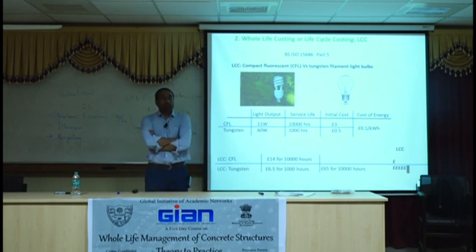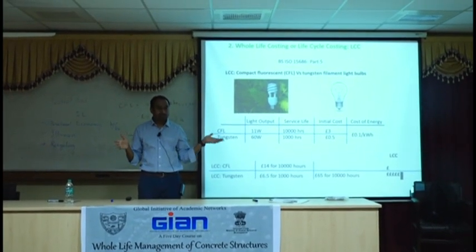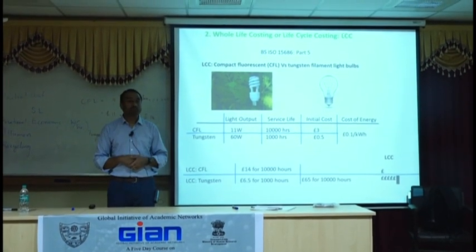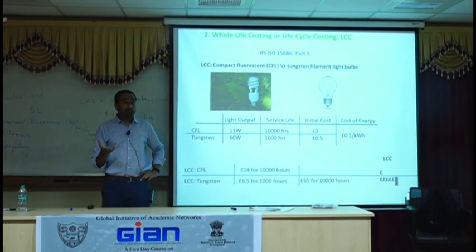In the future, your cars will be owned by yourself but not the battery. You will own the car but you won't own the battery. The battery will be on lease. So you drive, you finish the use of the car, you return the battery back to the manufacturer. There might be some form of incentive for you to return, and they can reset the battery and put it back again. Lithium ion batteries are expensive, and that's what's been used